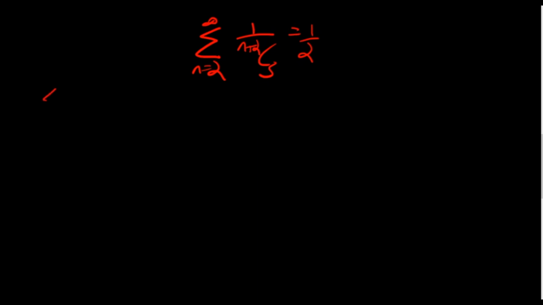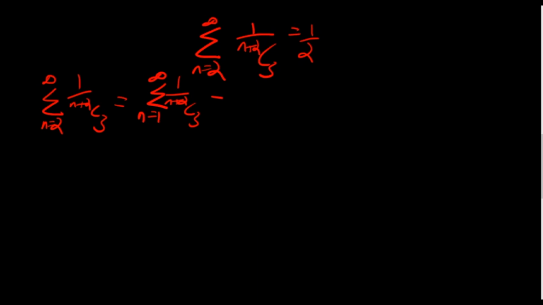So the sum to infinity from n equals 2 of 1 over n plus 2 choose 3 will just be equal to the sum to infinity from n equals 1 of 1 over n plus 2 choose 3 minus the first term of the sequence, which is when n equals 1. So we're just minusing 1 over 1 plus 2, which is 3,